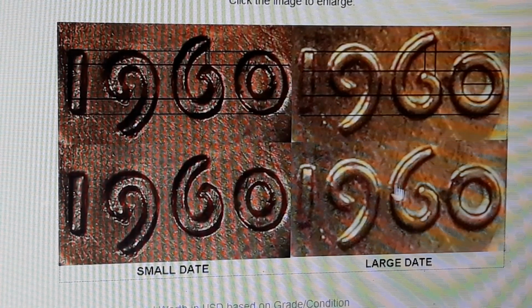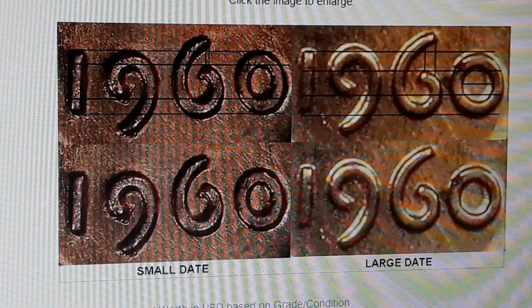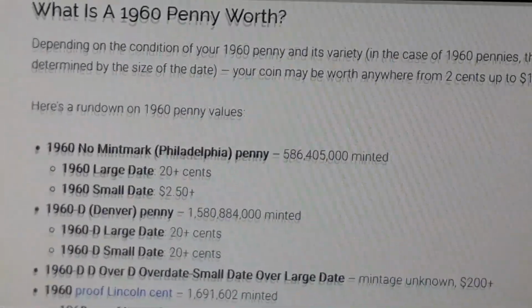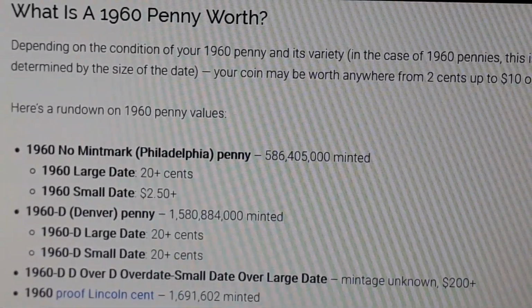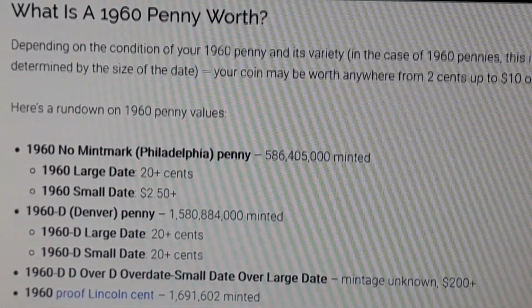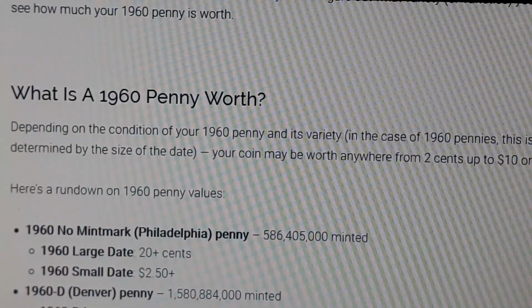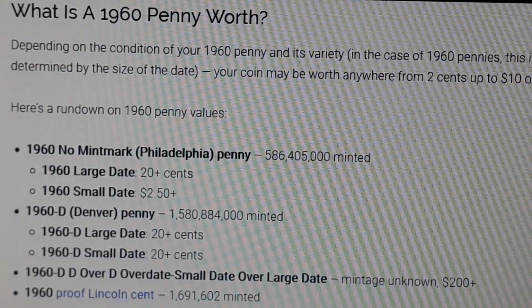So I will be putting this picture up in this video so that way you guys have something to look at if you want to start checking it. But what about the value? Let's take a look at the penny value here. Depending on the condition of the penny, basically that's what it is, the conditioning of the penny. But that's with all coins from here on out, so we know that. But anyhow,